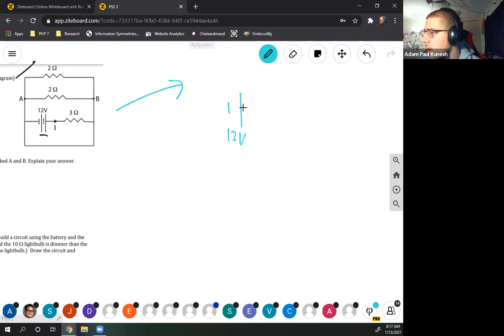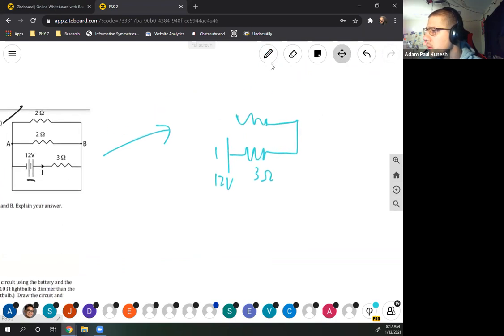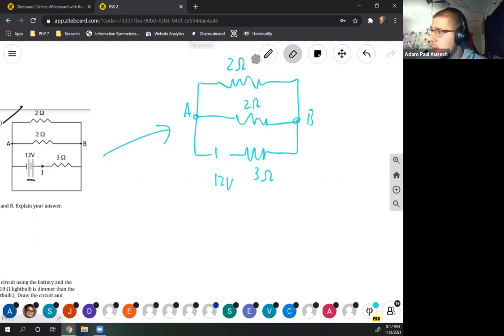12 volts on a battery, a 3 ohm resistor, a 2 ohm resistor, an upper branch that has 2 ohms, something like that. Here's A and B again. This one's also 2 ohms. Okay, so same question though. If I want to think about the current coming out of this battery,